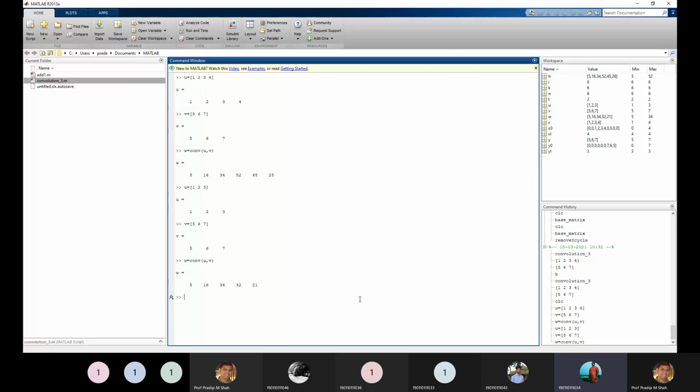Anybody get the solution? Student 43? I'm not expecting a whole algorithm, but just give me some idea or your thinking, so you can develop the algorithm from your side also. I'm going to show you that algorithm.